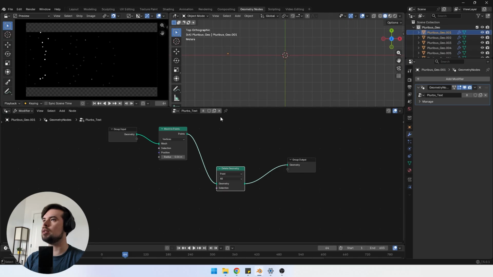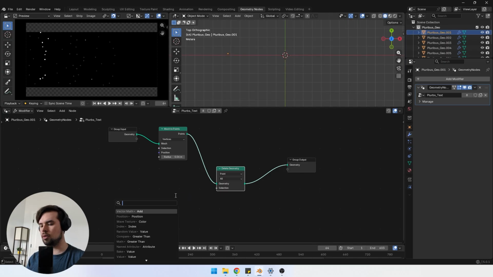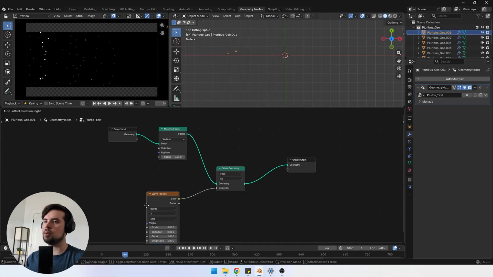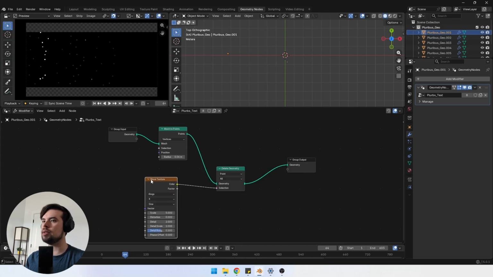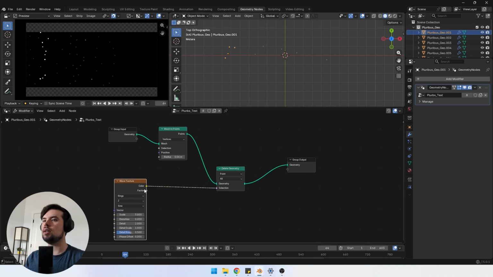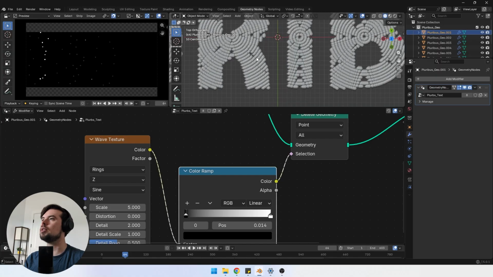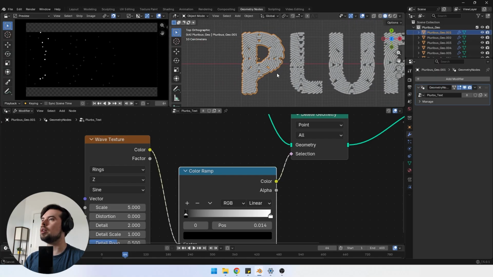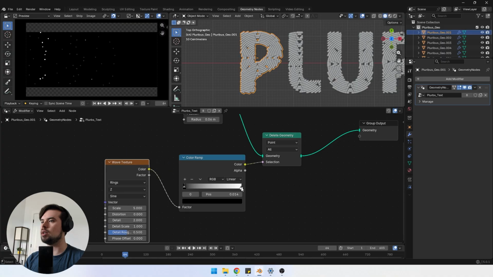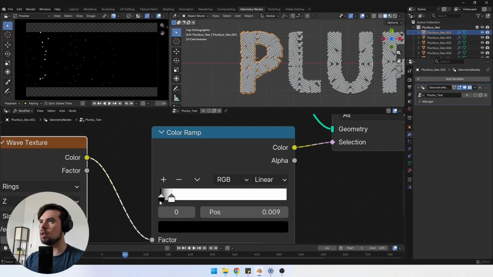Now if we plug it in now, it deletes everything. So we want to choose what we're deleting with a wave texture, and we want our texture to be rings rather than bands. Choose our z-axis, and let's adjust the contrast with a color ramp node and put it in there. And if we move this up a little, you'll see that we're starting to get a fingerprint shape right here. And let's continue to adjust the contrast